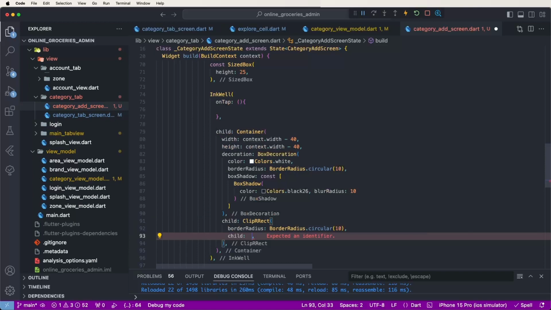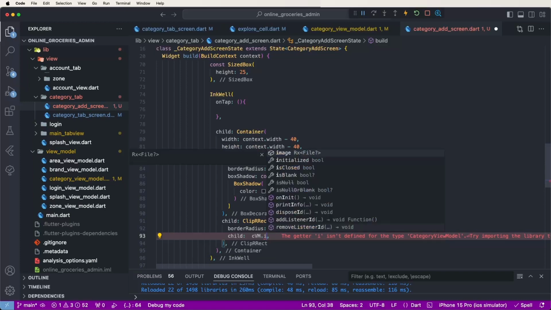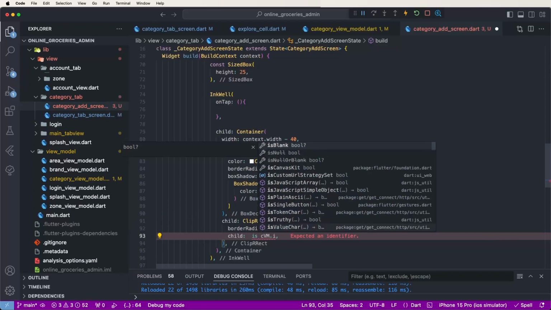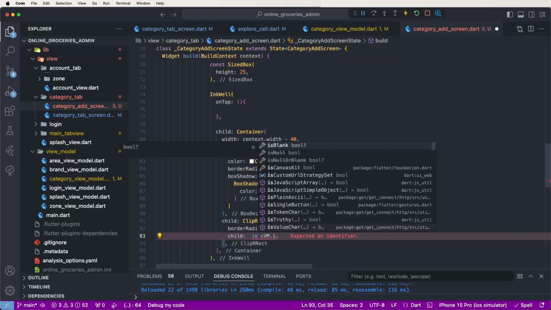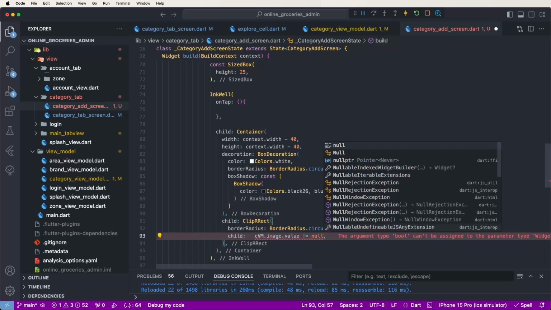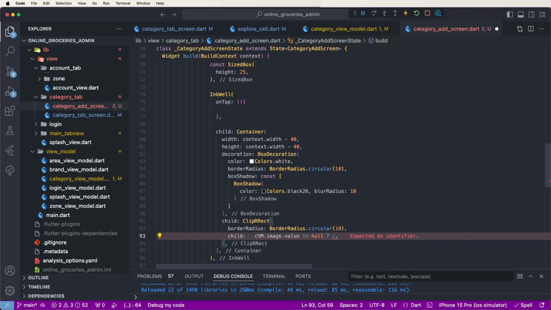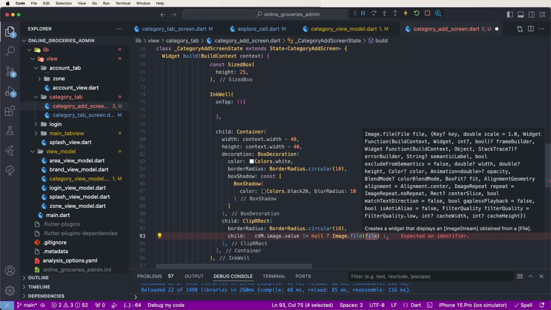First of all need to check here the cvm image, need to check here isEdit, image value not equal to null, then show here the image, question mark, we need to write down here Image.file, we need to set cvm.image.value exclamation sign,